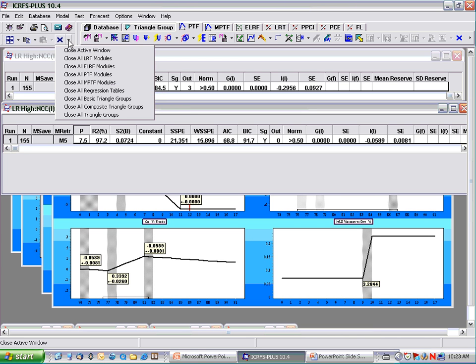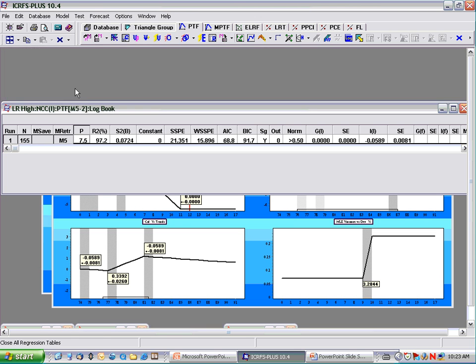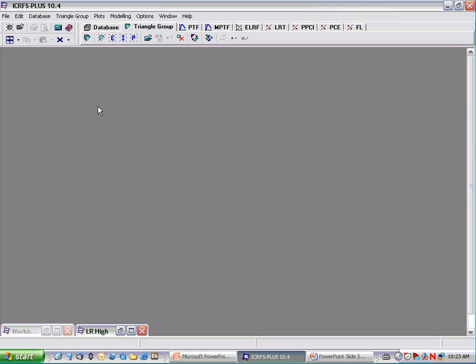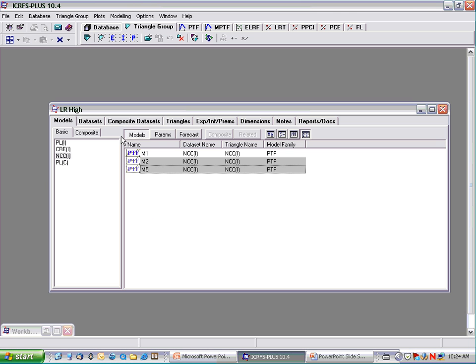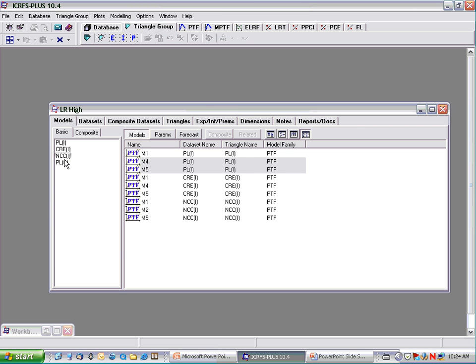So let's close all regression tables again. So X with the downward arrow. So the ones we'll focus on, the triangle group disappeared. Now, if it has, you can either click on this button, triangle group view, the one that has lots of triangles, under the triangle group tab, the one on the extreme left, or you click on the triangle group tab there with the right button, select LR. You've got a choice of 2, but let's click here. Okay. All right, let's go to paid losses cumulative